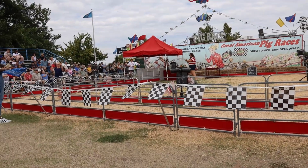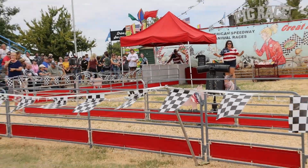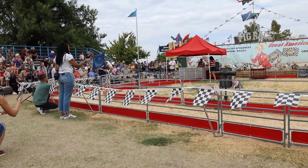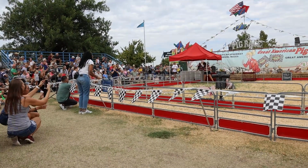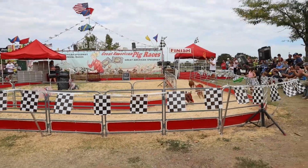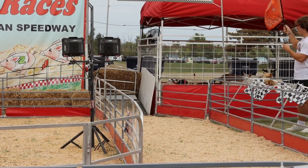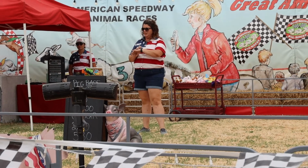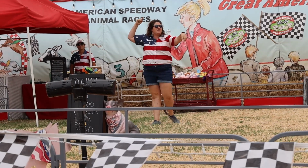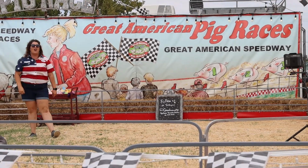All right, folks, now I want to remind you that the louder you are, the faster your racers will go. Critters, start your engine. To our racers and our team leaders, may the pork be with you. Red team will start off with your racer. You are cheering on the fastest pig in the galaxy. Give it up for Ham